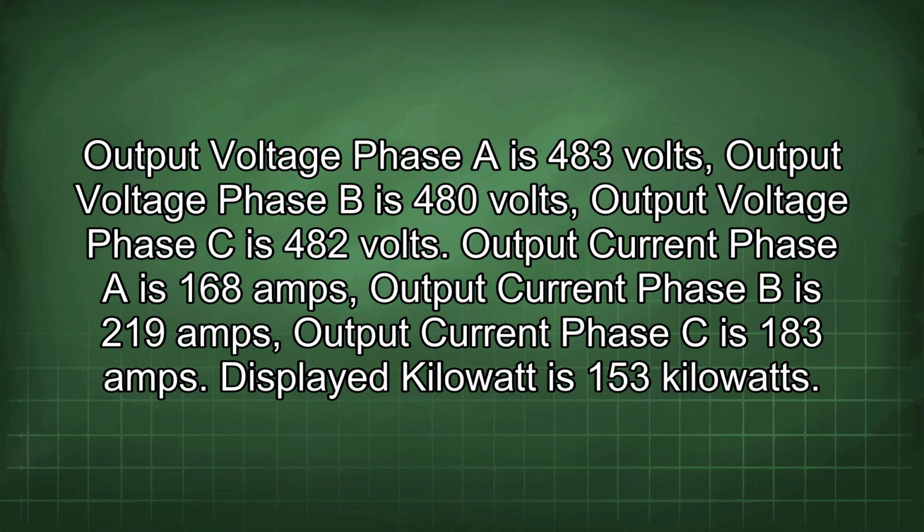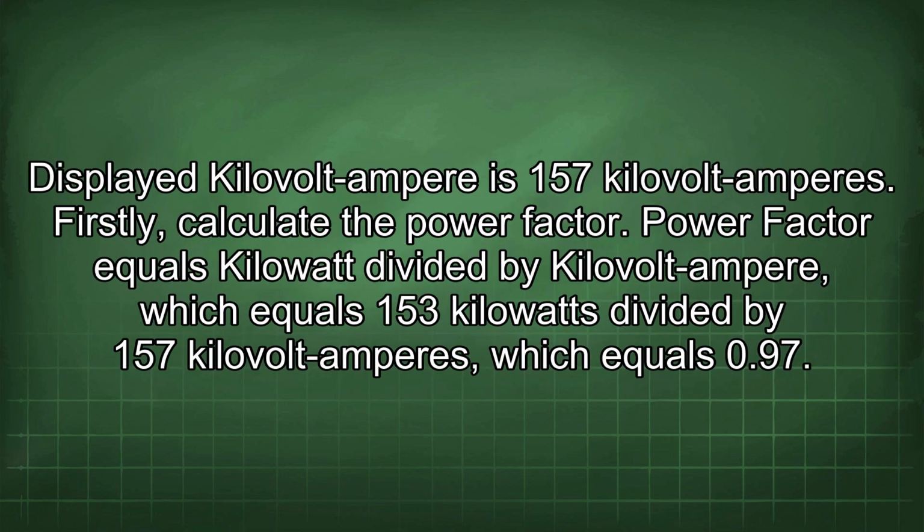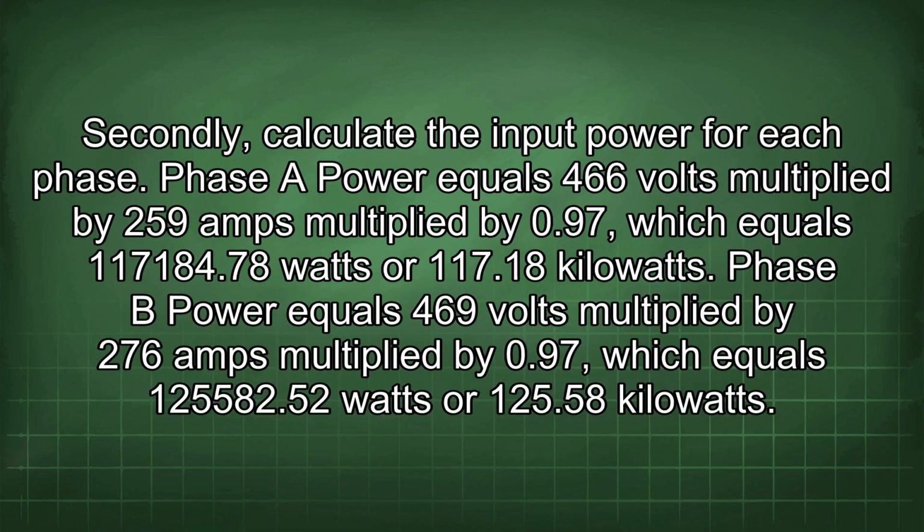Displayed kilowatt is 153 kilowatts. Displayed kilovolt ampere is 157 kilovolt amperes. Firstly, calculate the power factor. Power factor equals kilowatt divided by kilovolt ampere, which equals 153 kilowatts divided by 157 kilovolt amperes, which equals 0.97. Secondly, calculate the input power for each phase. Phase A power equals 466 volts multiplied by 259 amps multiplied by 0.97, which equals